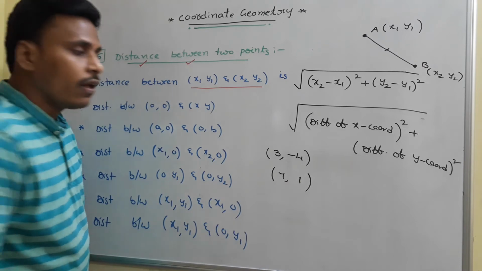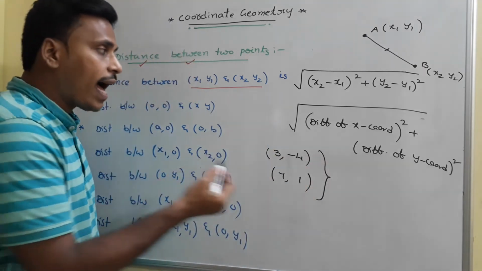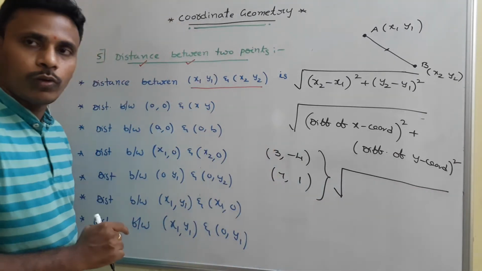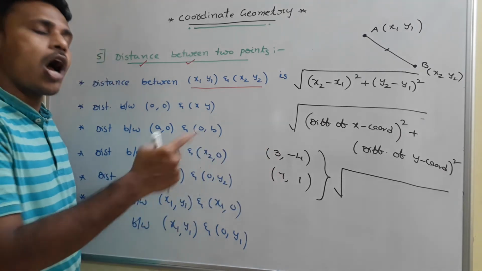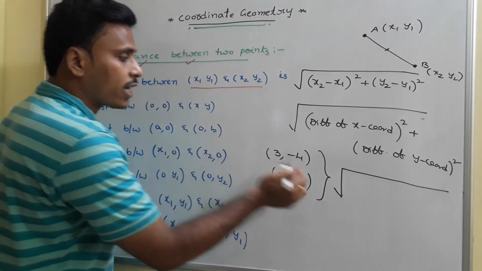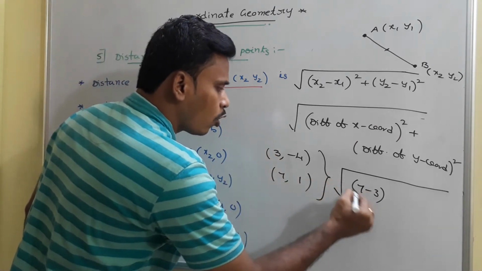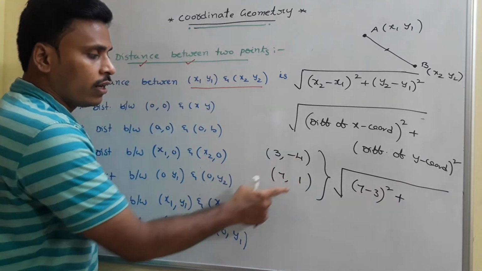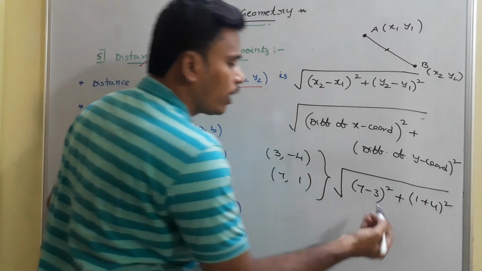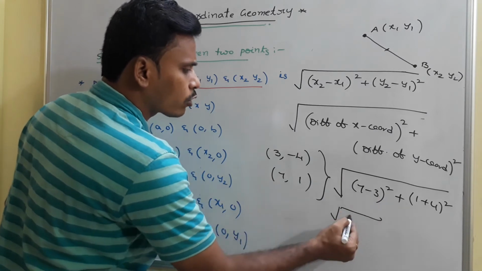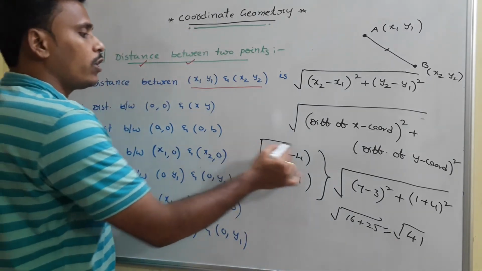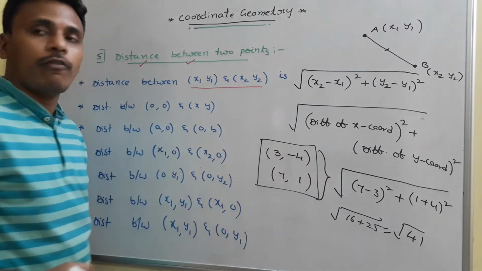For suppose if you have points like 3 comma minus 4 and 7 comma 1, then what do you say about the distance between these two? As per our formula, the distance is square root of x2 minus x1, no problem. Either you may take 7 minus 3 or you may take 3 minus 7, no problem, because we have square there. So x2 minus x1 whole square, see, 7 minus 3 whole square, plus y2 minus y1. This is 1 minus of minus, plus, so 1 plus 4 whole square. You need to simplify, okay? So on simplification you will get 4 square is 16, 5 square is 25, and your answer is root 41. So the distance between these 2 points is root 41 just by the help of that formula, okay?